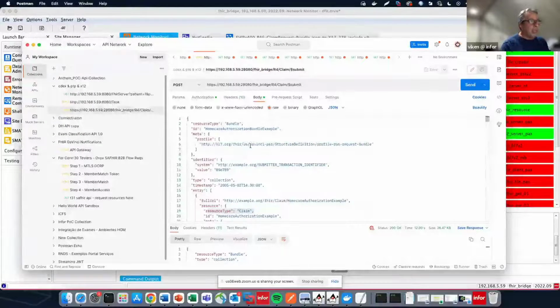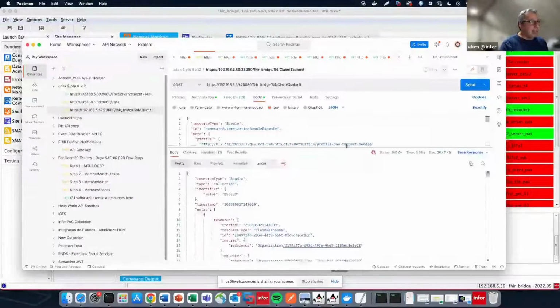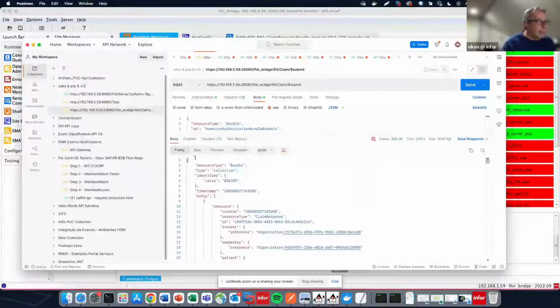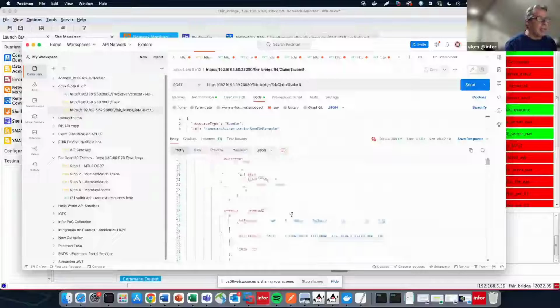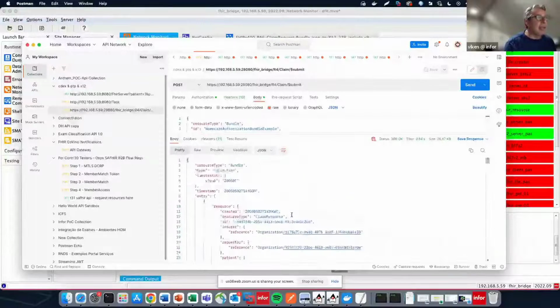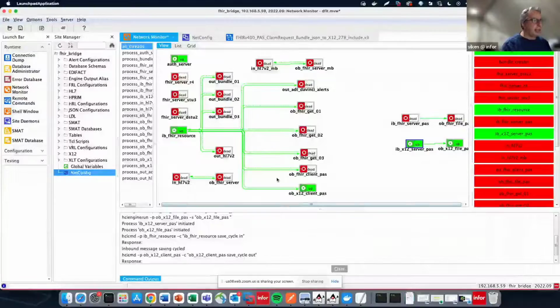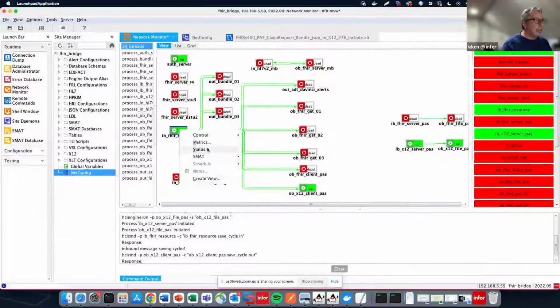Once I hit the send button, it's going to go through all the translations that I just mentioned, and the response that we receive here is again a FHIR bundle, but this time it's a claim response. This claim response is actually the response from our legacy system simulator that came in as an X12.